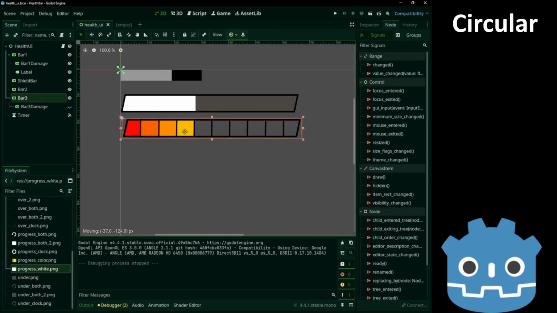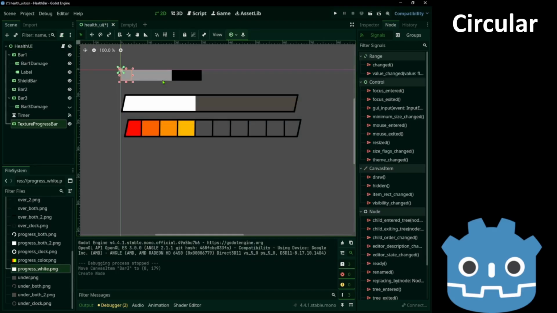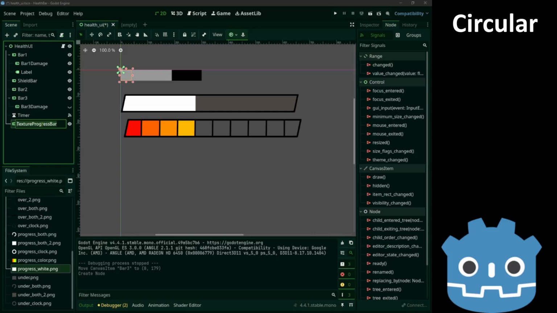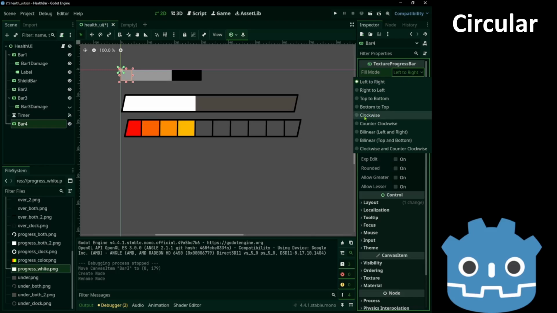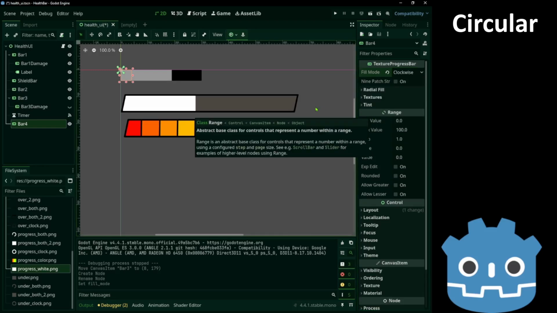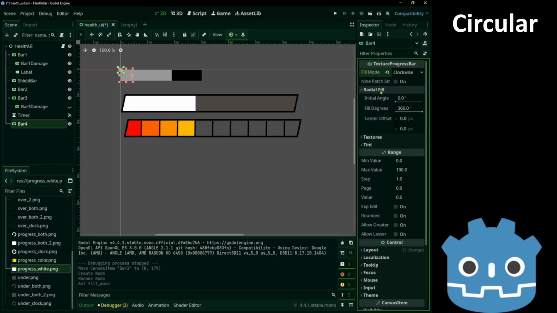Now, except for this, we can also use a circular bar. Name this bar 4. Select clockwise. Now we also have a radial fill.